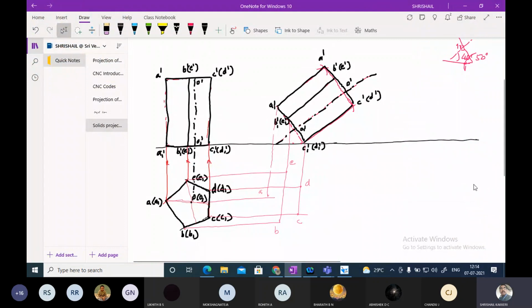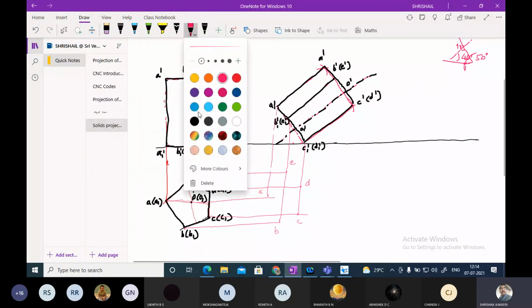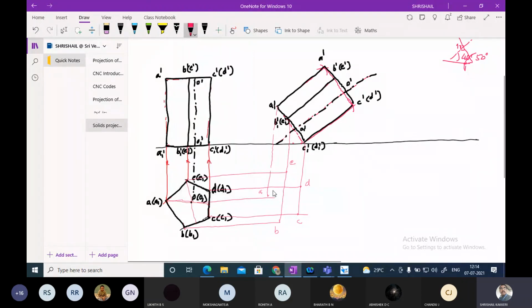Any problem, please kindly ask me in between. So this I am going to show. Okay, before that, I'll join this A to B. I am going to join thin line, B to C, C to A, and D to E, and this one I have completed.